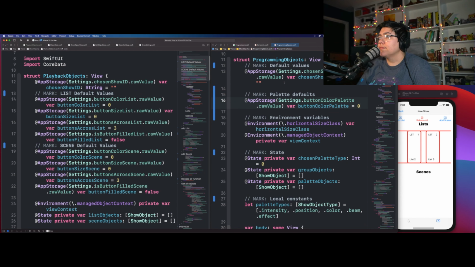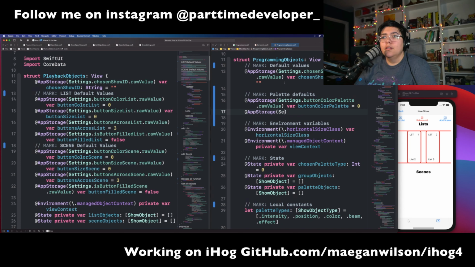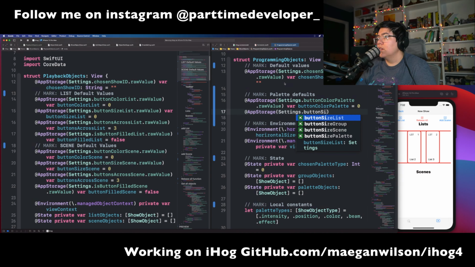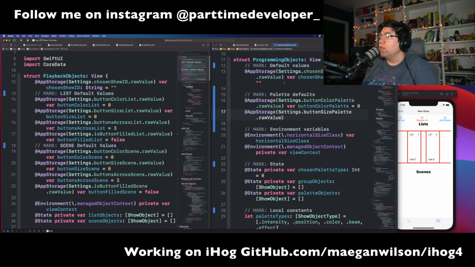App storage. So then I need to get the size for the palette. Oh, and it's going to get mad. Hold on. Dot raw value, var button